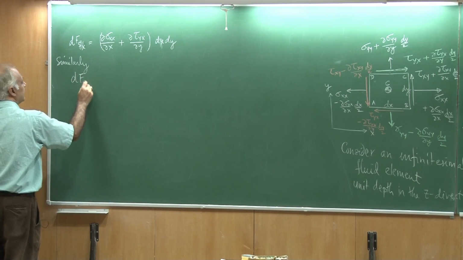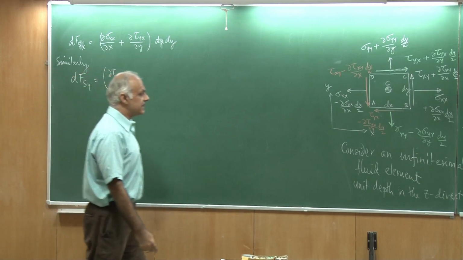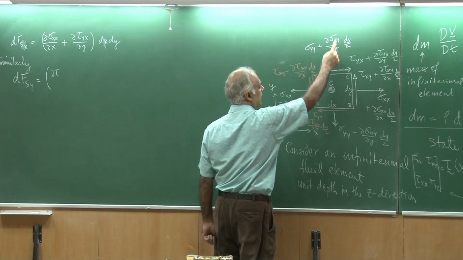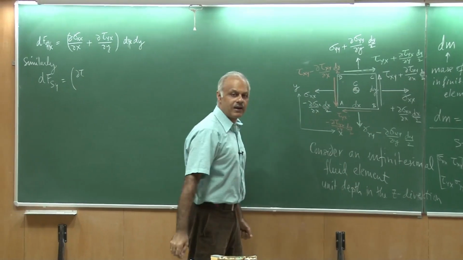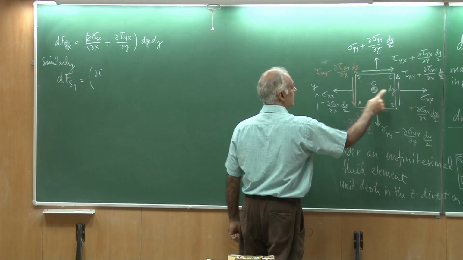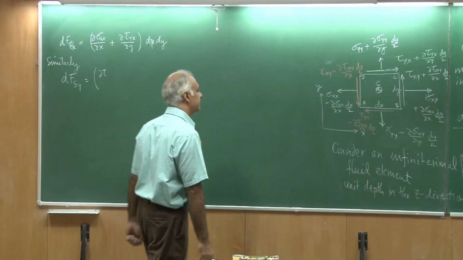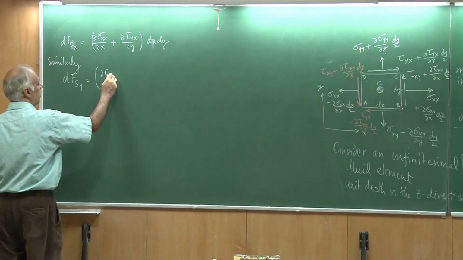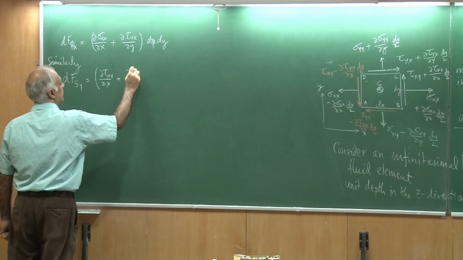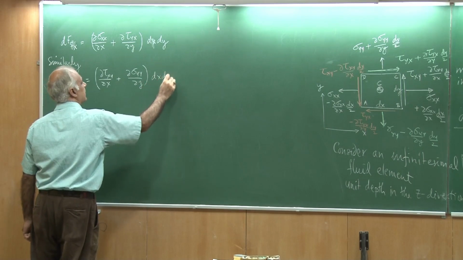If I try to find the surface force in the y direction, you can see very roughly that in the y direction I am going to get a combination of these two sigma yy terms, and then likewise I am going to get these two terms coming out of tau xy and tau xy over here. So I'll just write that down for you: del tau xy by del x plus del sigma yy by del y, dx dy.